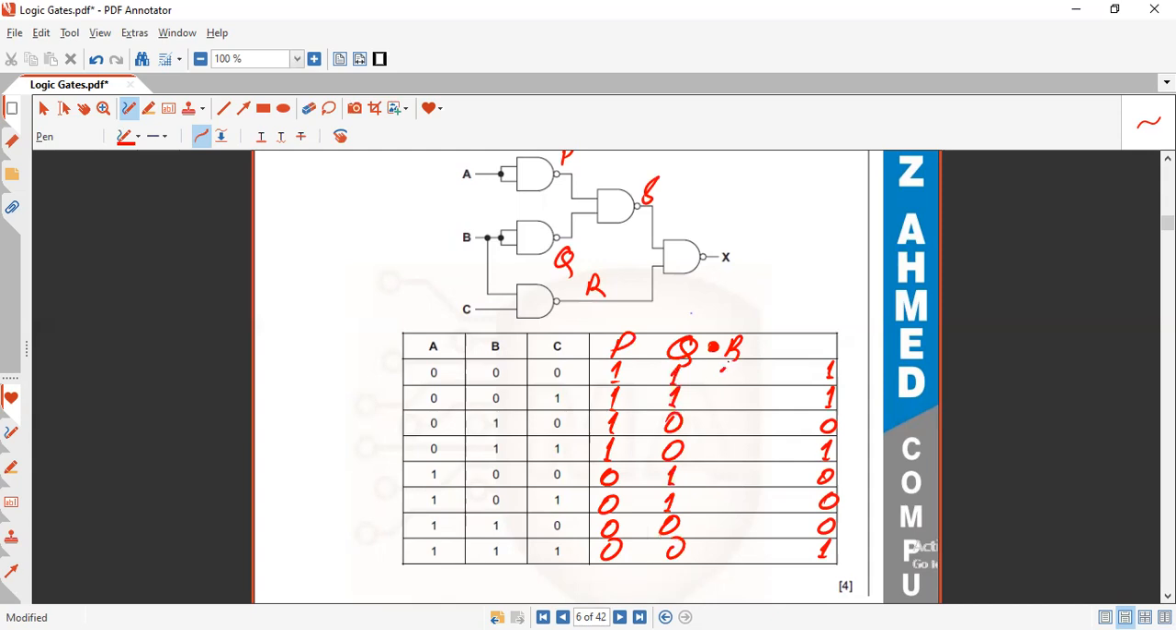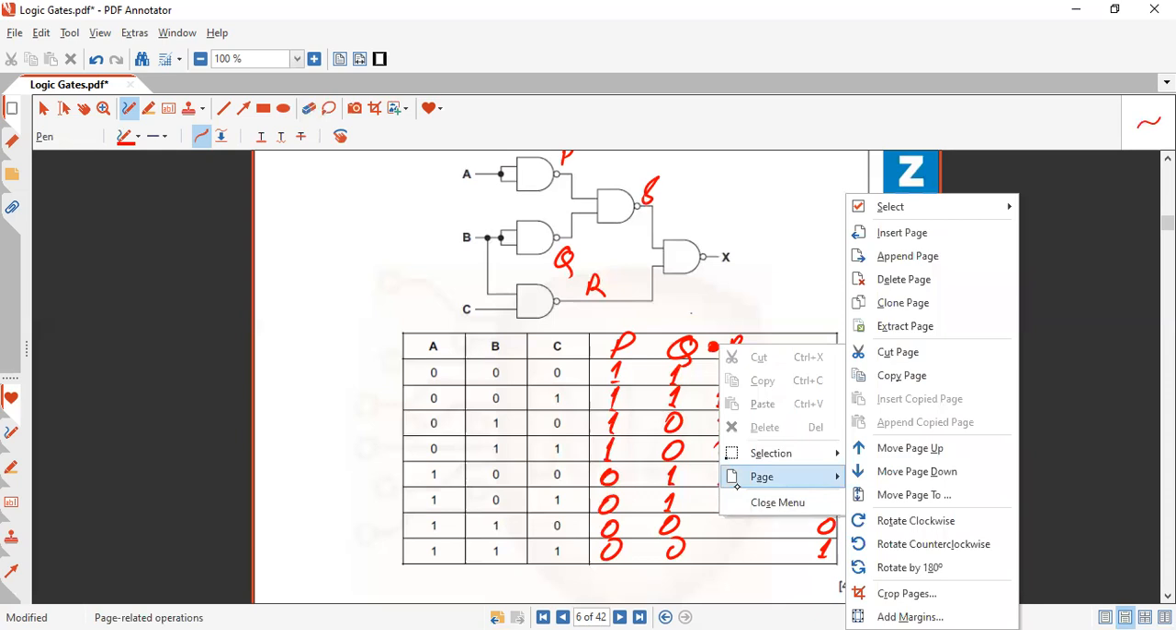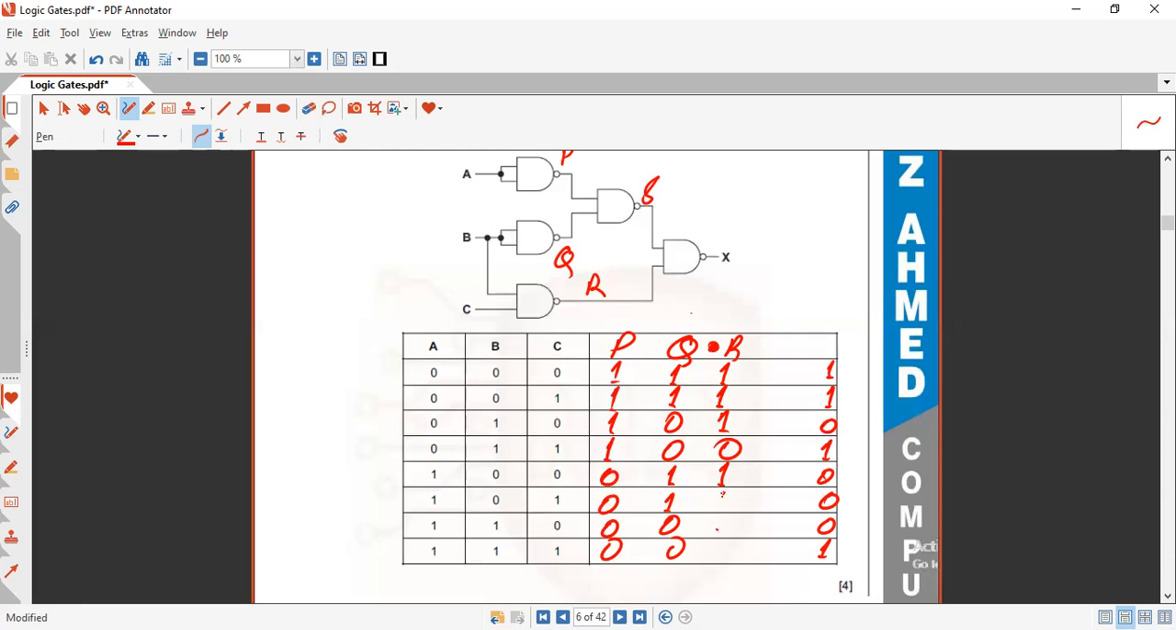For 0, 0, it will be a 1. For 0, 1, 0. Sorry. For 0, 1, again it will be a 1. For 1, 0, again 1. For 1, 1, 0. For 0, 0, 1. For 0, 1, 1. For 1, 0, it will be a 1. Sorry, for 0, 1, it will be a 1. For 1, 0, it will be a 1. For 1, 1, it will be a 0. Okay, so